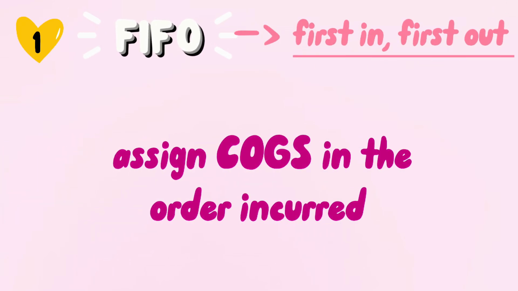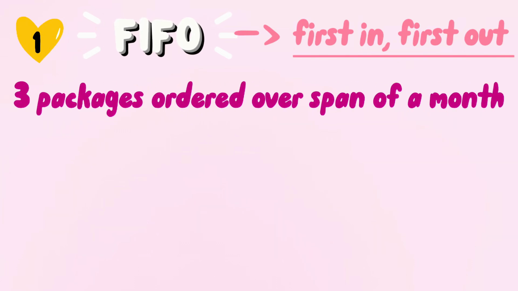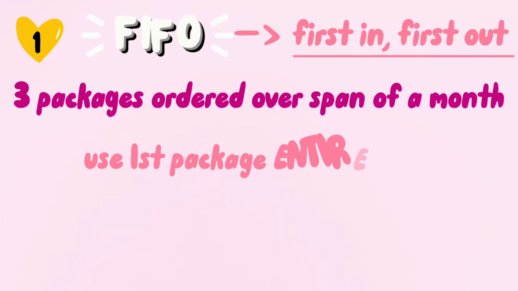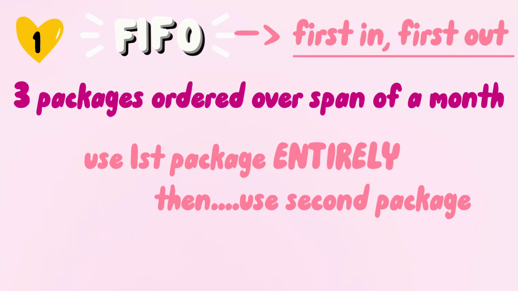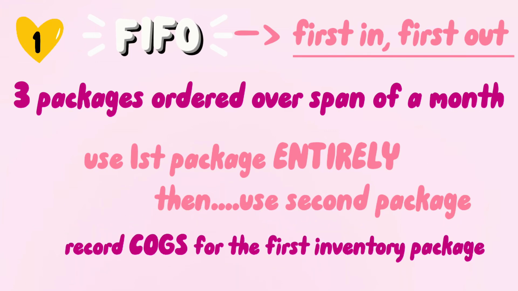Our first method, FIFO, first in, first out, will record costs in the order they were incurred. If my boutique orders 3 units of accessories on different dates, I will exhaust that first package I bought before I touch any of my other inventory and record the cost of goods sold for those accessories. To simplify it, imagine your box is full of lipstick. I will open that box and I will sell every lipstick from that box first before I open another box